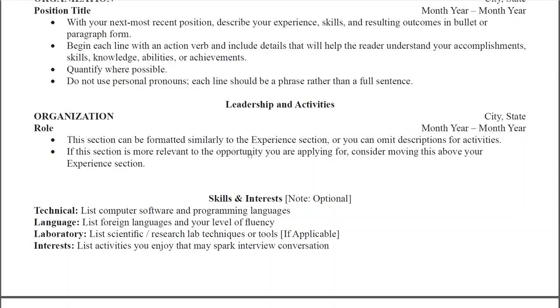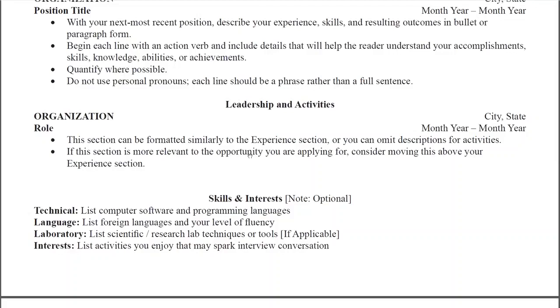Why? Because this shows that you are able to communicate with a variety of people. Thus, you are able enough to expand the horizon of your company to a wider audience, to the wider recipients of the product or services. Next thing is any scientific techniques or laboratory, or for example, other sort of scientific skills if you have, again, if applicable. Interest, this is important.